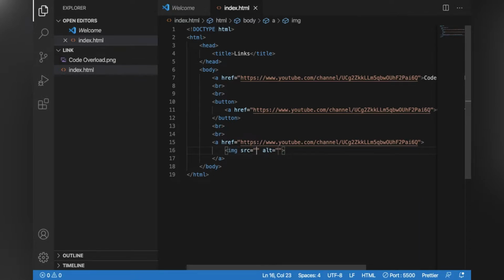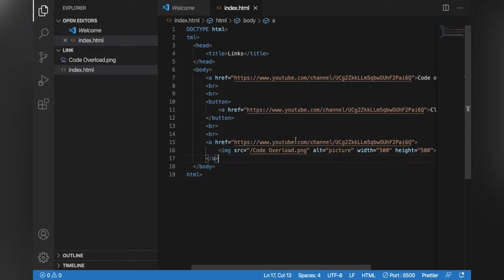You need to put the source of the image, so the image should be in the folder that you're using. As you can see, it's over there in PNG format. Then you can name the image. Then you can use the width and height conventions to determine the width and height on the page in pixels.